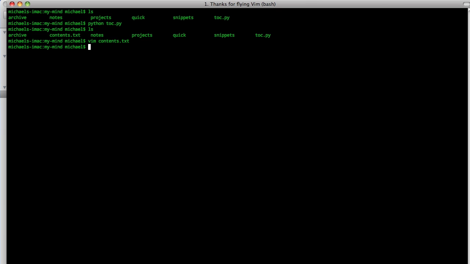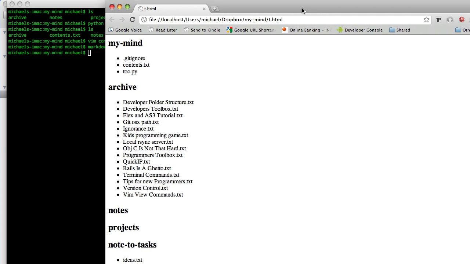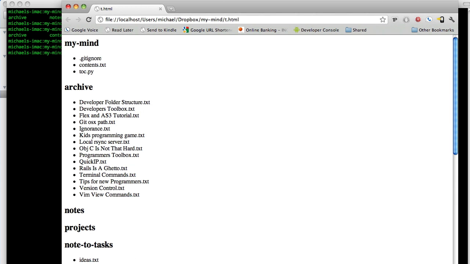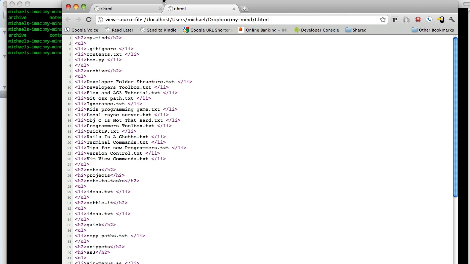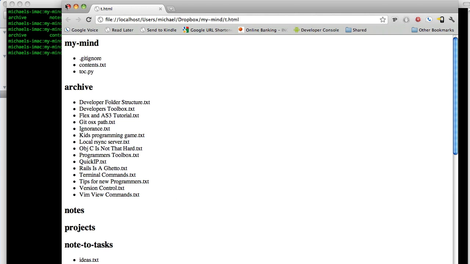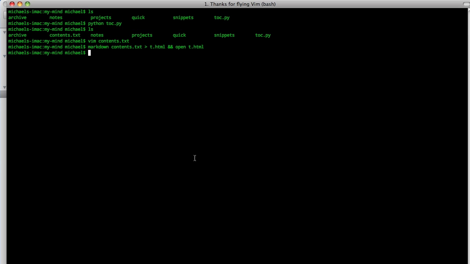So if I want to do any other formatting stuff, I can just type markdown contents and pipe it into this file, and then do an open t.html. Hit enter, and if I bring this over, we can see that everything got converted into HTML. This markdown here, if we view page source, see everything's in lists. It's nicely formatted, so it's quick, it's easy, it's simple. I don't have to screw around with a bunch of formatting. I just quickly put down my ideas, and